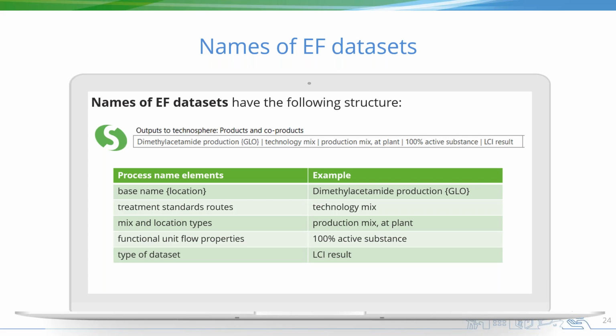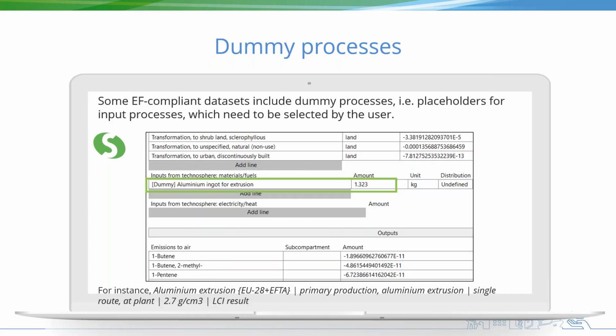And this typology of the type of dataset is really something specific for ILCD datasets, and you will see that most of them use this typology of LCI result, and that is because all datasets in the end are aggregated datasets. They are what would be the synonym in SimaPro of the system datasets we typically have, with the only difference that for some of them there are some parameters included, and there are also dummies included,